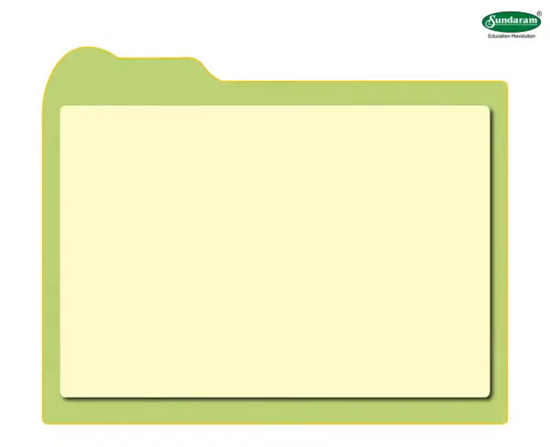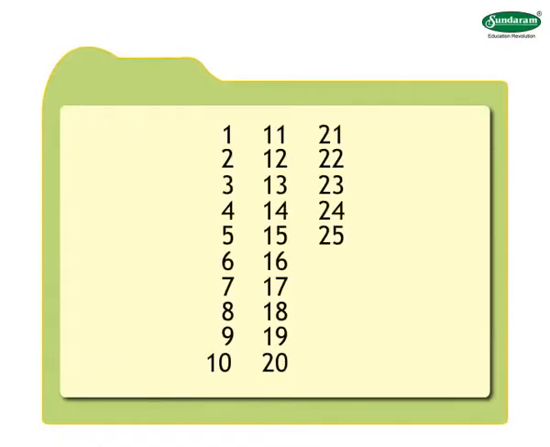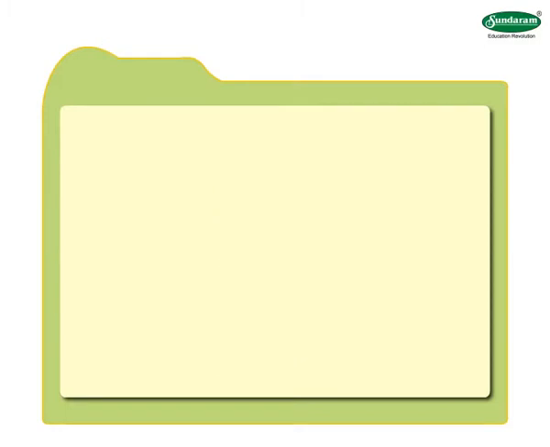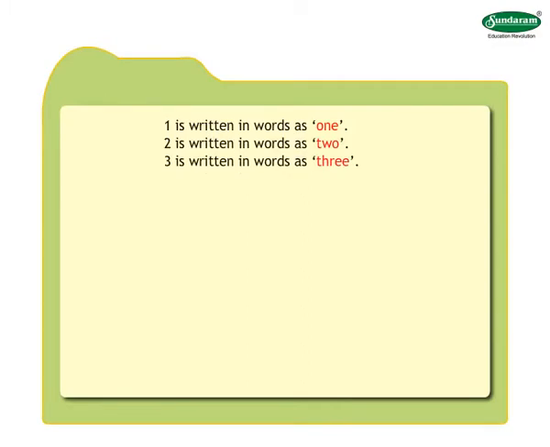Let us now learn to write the numbers 1 to 25 in words. Let us revise the numbers in words. The number 1 is written in words as ONE. 2 is written in words as TWO. 3 is written in words as